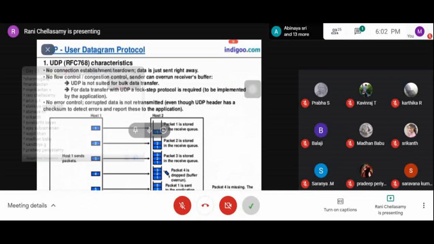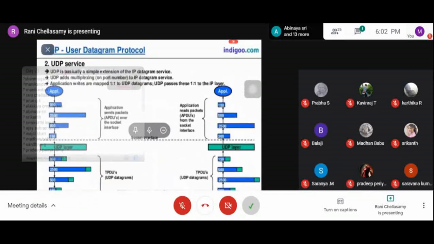So far we have seen the characteristics of UDP, and now we are going to see the service provided by UDP. Basically UDP is an extension of the IP datagram service, and it also performs multiplexing on the port number on top of the IP datagram service.